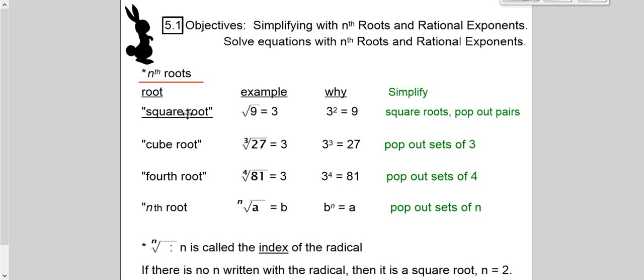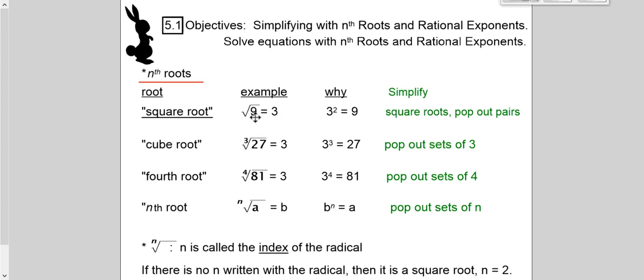An example: the square root of 9 is 3, because 3 squared equals 9. Roots and exponents undo each other. They are inverse operations. When you are simplifying square roots, you pop out pairs. 9 is 3 times 3. When you have a pair of like factors under that radical, that's a square root, it pops out because you